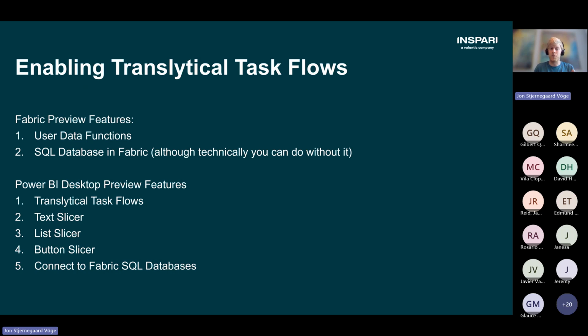You also need to enable SQL database in Fabric. Technically, you can do what I'm showing today with warehouses. I have a slide in a second about choosing a backend. But if you want to do the exact same thing I'm doing today, you'll need to enable the preview for